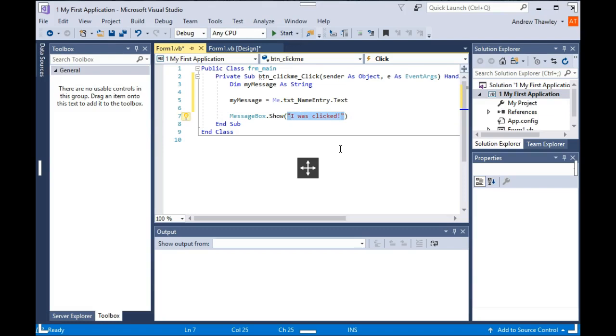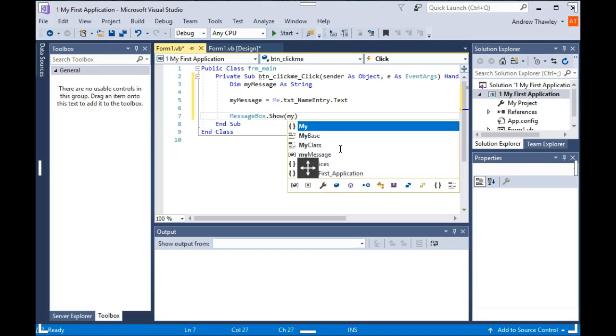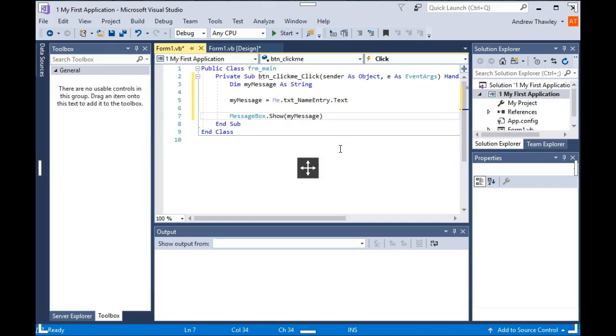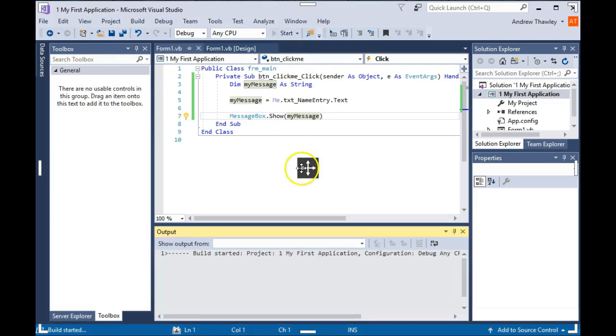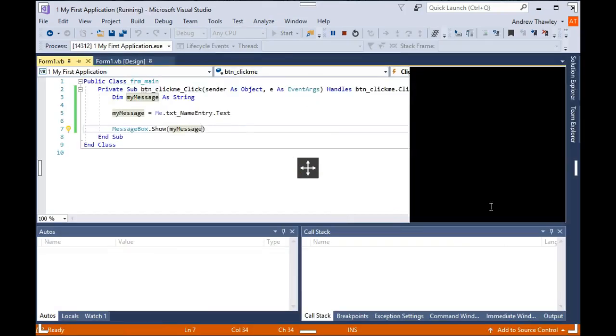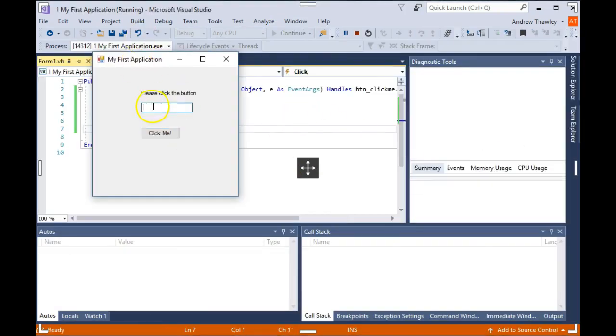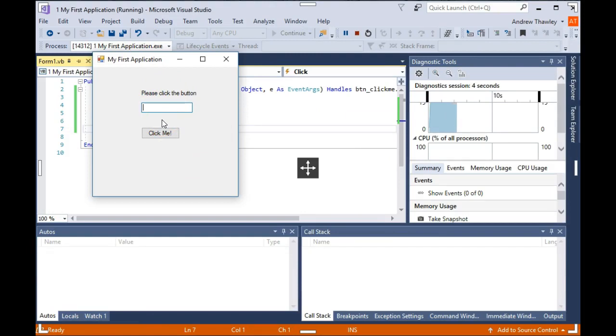Now, inside the brackets, I'm going to modify this, and I'm going to print out my message. I'm going to just save that, and then start and run the project. Now we've got please click the button. If I click it by default, it has nothing on it. But if I now type something in it, and click the button,